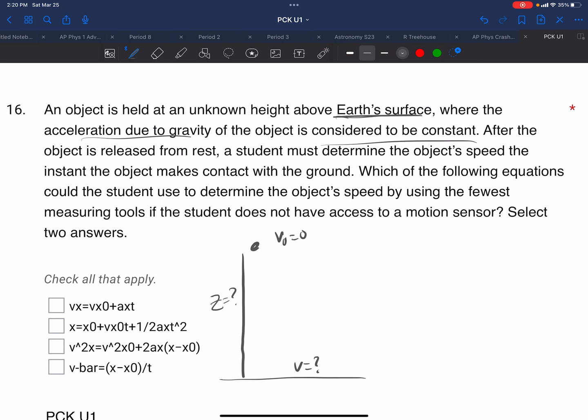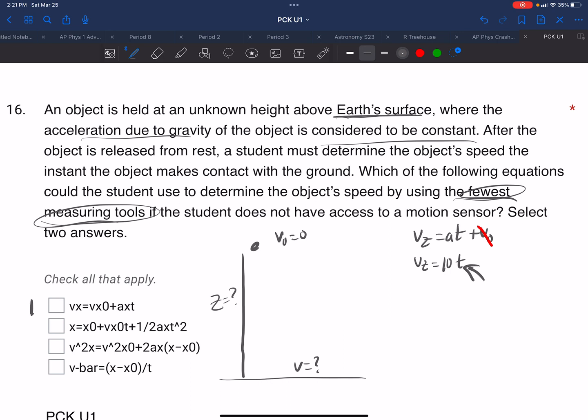Which of the equations could the student use to determine the speed using the fewest measuring tools possible? If we look at the first equation, we have v equals at plus v0. Now we know v0 is 0. We know the acceleration is 10 for our purposes here. So if we had a stopwatch to measure the time, we could calculate the velocity. So this first one requires only 1. Since it requires only 1, it's hard to imagine fewer than 1, so this must be one of the correct